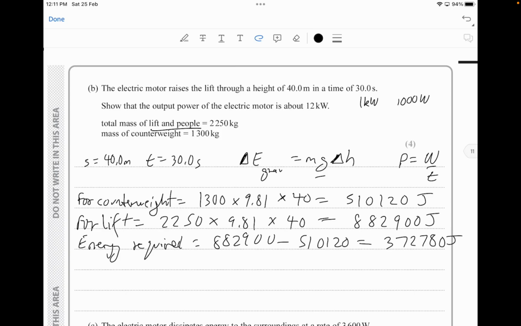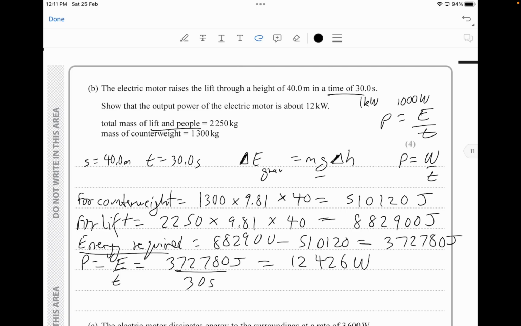Now this is going to be our total joules in this case. So this is the work done, or you can actually use this as power is equal to energy transferred over time. So we can use this formula as well, the conservation of energy. We know that the power is equal to energy over time. So the energy required is 372,780 joules divided by the time, which is given to us as about 30 seconds. And if you divide 372,780 by 30, it's going to give us an answer of about